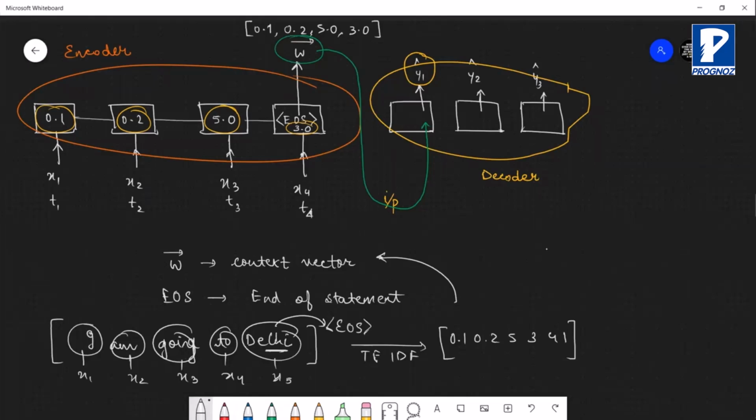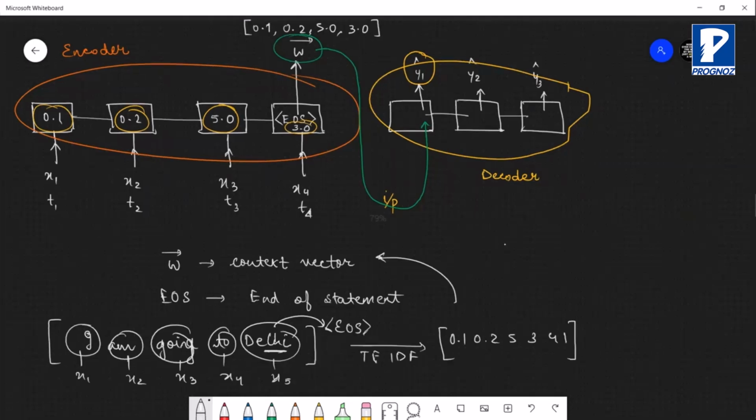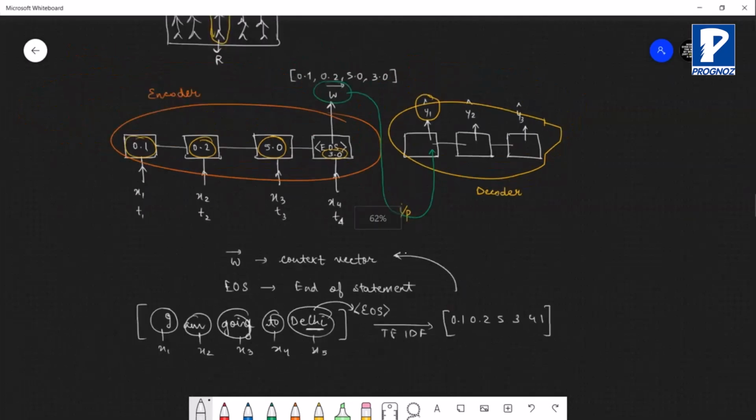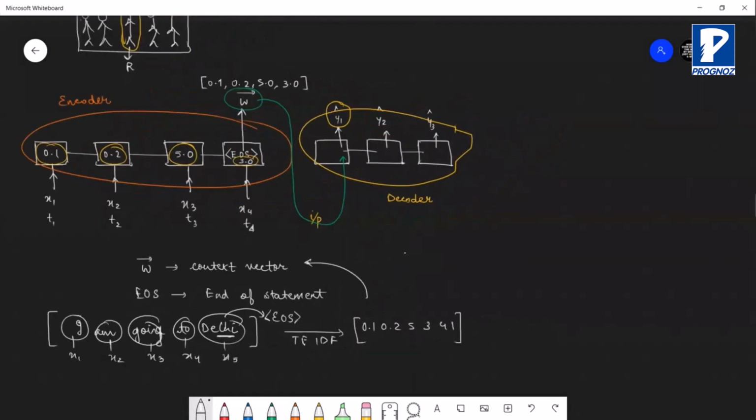So one important thing that we have understood is that in case of encoders and decoders, we are going to have something known as a context vector, and the second point is that this context vector, which is a part of your encoder, will be transmitted as input to the decoder. The first cell of the decoder will receive the context vector from the encoder side. This is how encoders and decoders work. I have not talked about the attention model yet. We have first of all understood the idea of encoders and decoders.